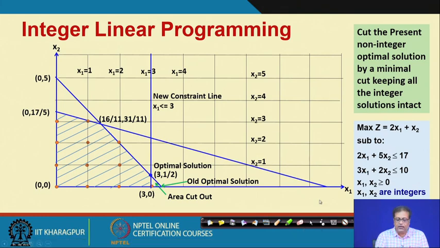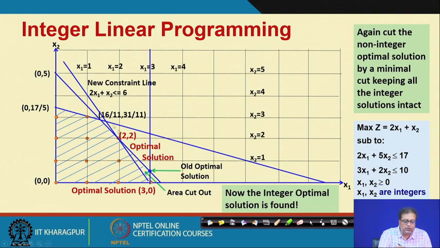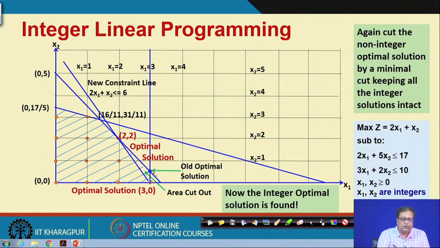So, again we do that. So, look here, then we have drawn this line which is your next constraint line, and this constraint line can be measured as 2x1 plus x2 less than equal to 6. You know, this line that joins this point, the current optimal solution, this will be cut off. This was the earlier optimal solution, old one, and this portion of the area is cut out, and now the new corner points are 1, 2, 3, 4 and 5, right.